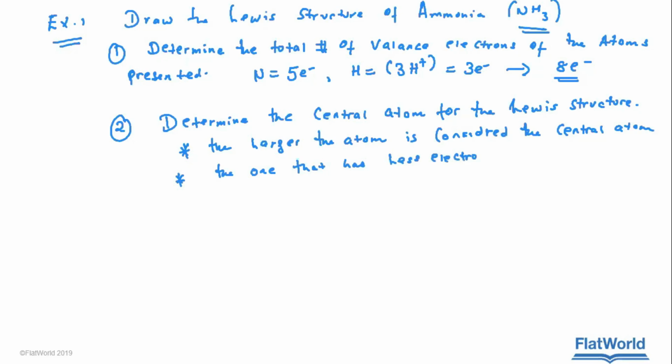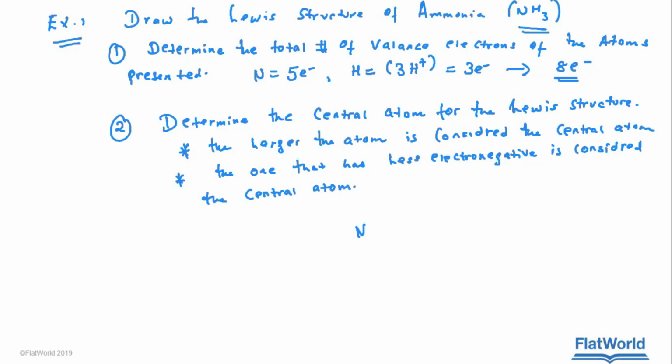Okay, if the first one doesn't satisfy, the one that has less electronegative is considered as a central atom. You have 2 options. So in this case, based on this criteria, I would take nitrogen as a central atom